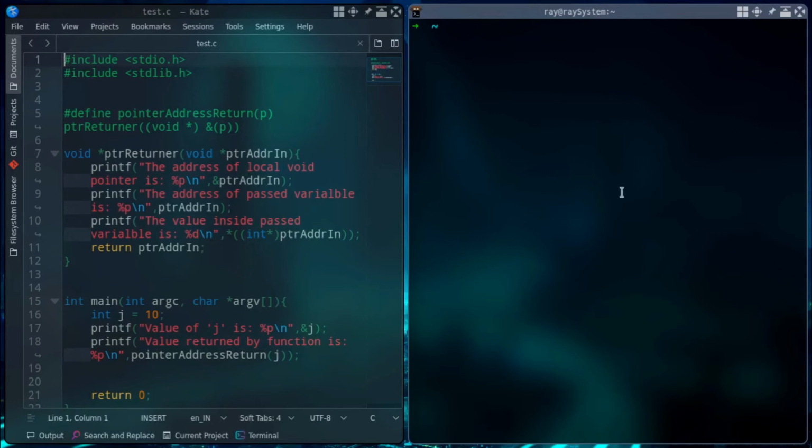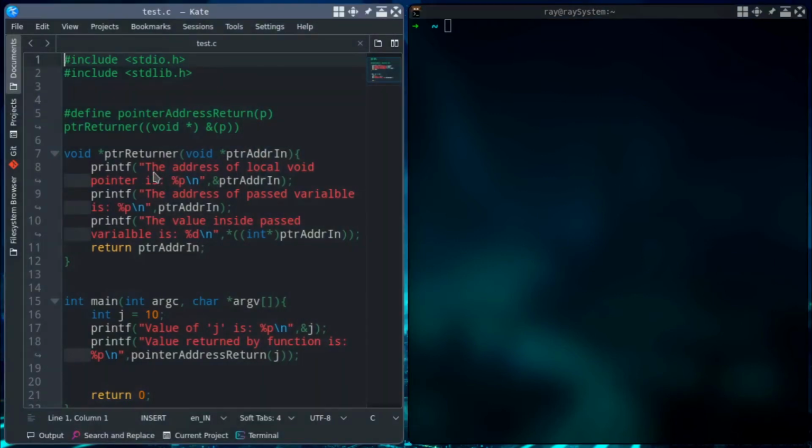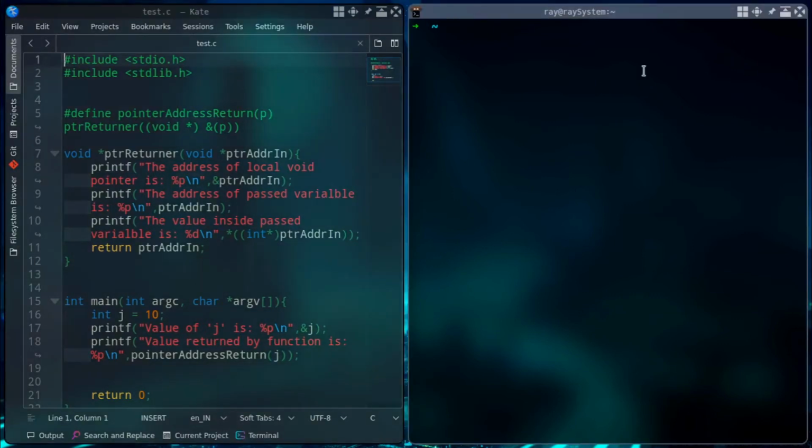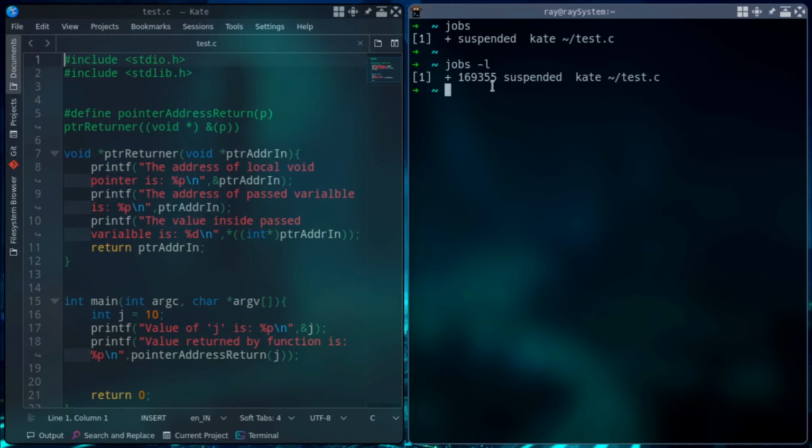What if I need to run this text editor in the background at the same time using the shell? That means the shell will be available for other commands while the text editor runs in the background. Before that, I need to say that you can use the jobs command to list all the applications launched from the terminal. Right now when I type the jobs command, it will show the kate text editor and its state, suspended. You can add the jobs -l option to see the process ID too. Using jobs -l will display the process ID along with the name of the command or process and its state.